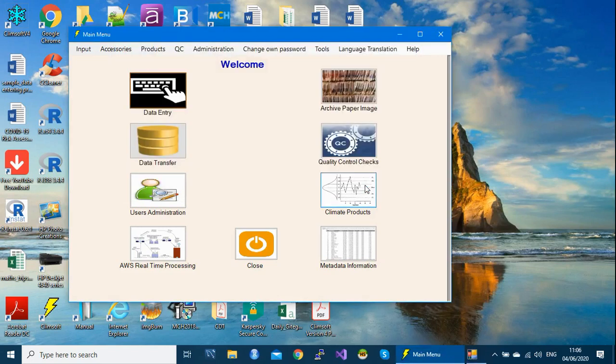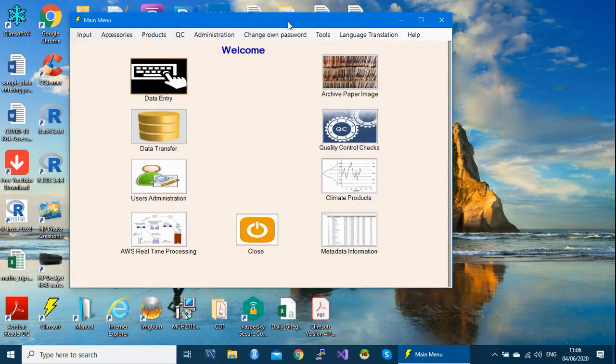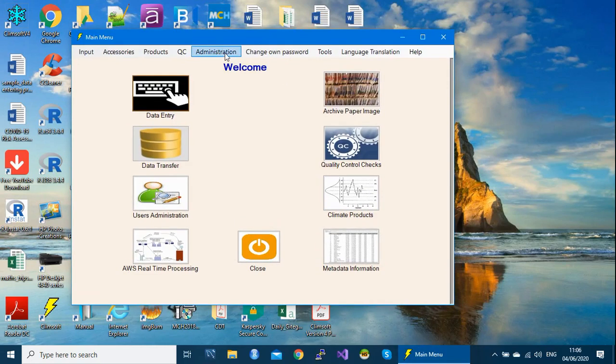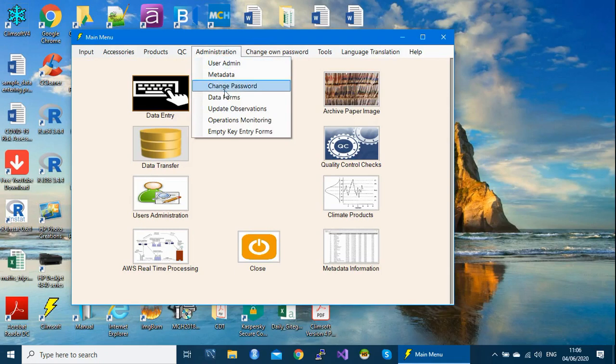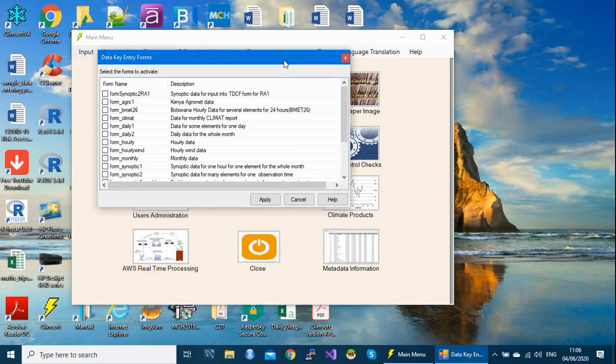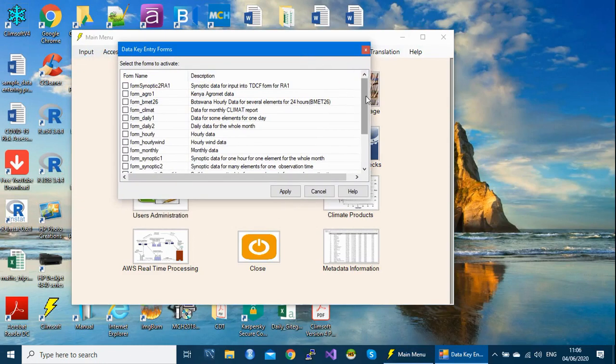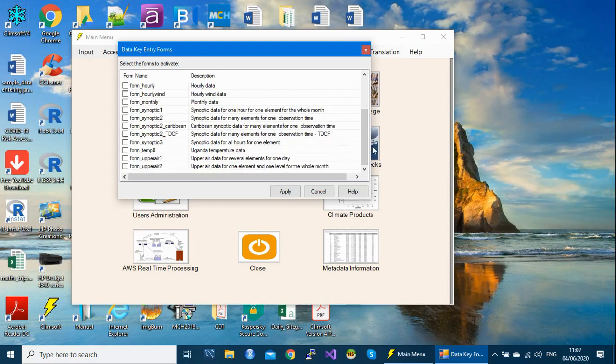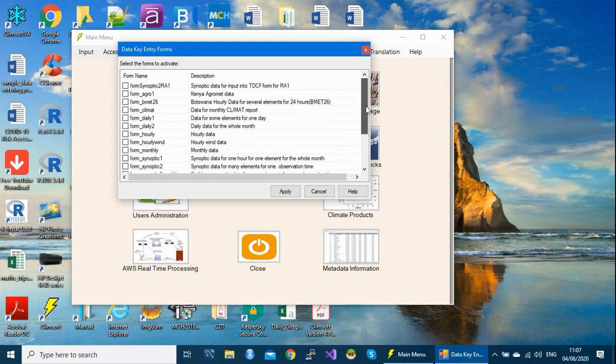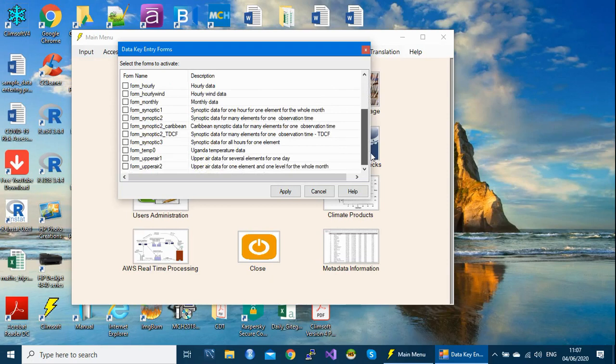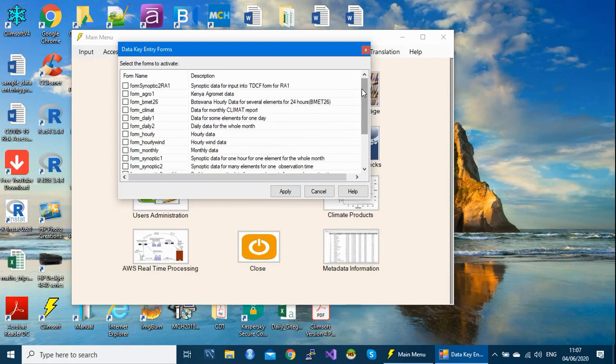Now, to activate forms, this is normally done by the administrator. So the administrator comes to this menu, administration, and then selects data forms. Once you select data forms, you'll be able to see a list of available forms in ClaimSoft. But definitely you don't need all these forms, only what will be required in your daily operations.